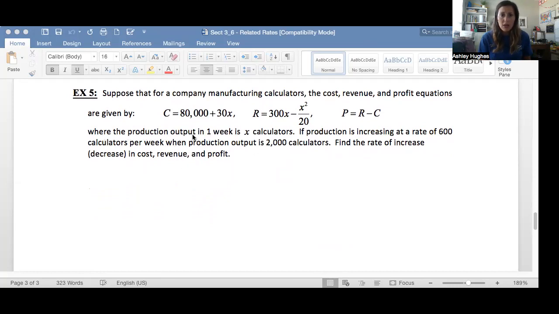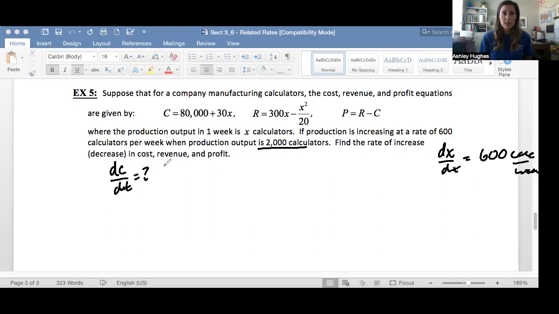Where the production output in 1 week is x calculators. So dx/dt is 600 calculators per week. When the production output is 2000, find the rate of increase or decrease. So we're trying to find dC/dt, dR/dt, and dP/dt